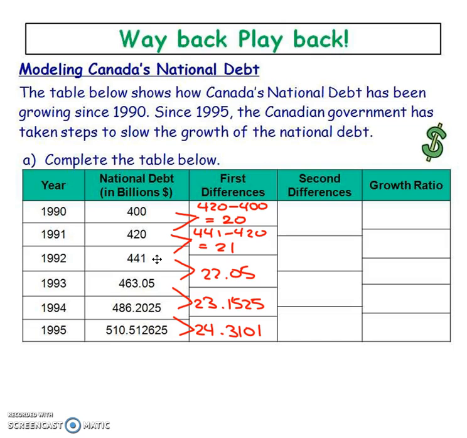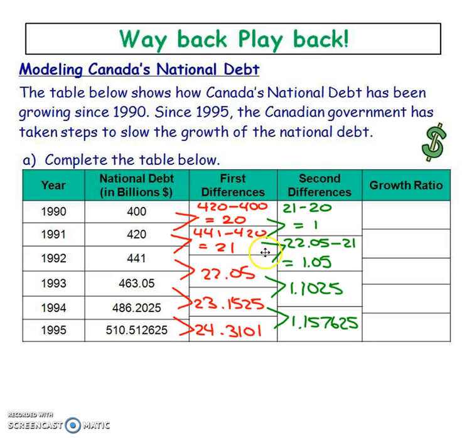But since they're not all the same, it's not linear. So what I'm going to do is look at the second differences. I'm going to take the bottom minus the top, and I get $1 billion. Again, bottom minus the top, 1.05. So notice that these are not the same, which means it is not a quadratic function. If they were all the same, it would be a quadratic function,